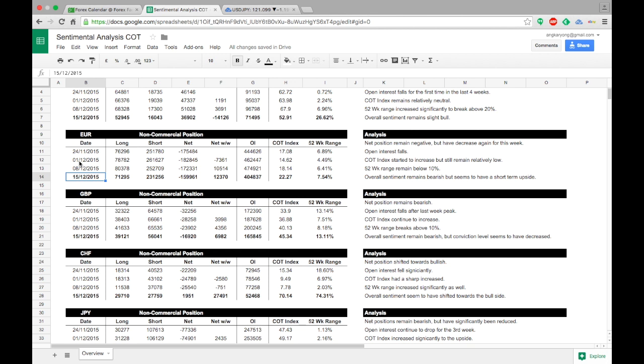But sometimes, if Tuesday or even prior days fall on a holiday, there might be a delay in the release of the data. The key thing to focus on in COT is the non-commercial positions, which are broken down into long, short, and net positions. Net positions are calculated from the long and short positions. If your net is in negative territory, it means overall the short positions outnumber the long positions, so there are more short positions in the market than long positions.